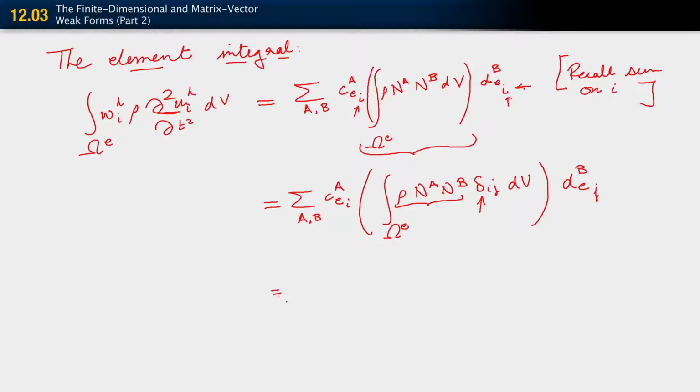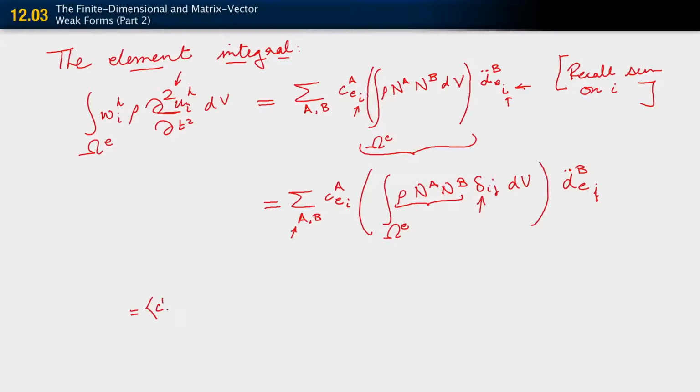We're now, in what I'm about to write, going to abandon the explicit writing of the sum over A and B. And in fact, let me give myself more room here. Just before I go ahead and write that, I note that I've forgotten the second time derivatives on the d, to account for the fact that we have a second time derivative right there. Now everything's fine. So the way I'm going to write this, by dropping the explicit sum over a and b, is the following. I get